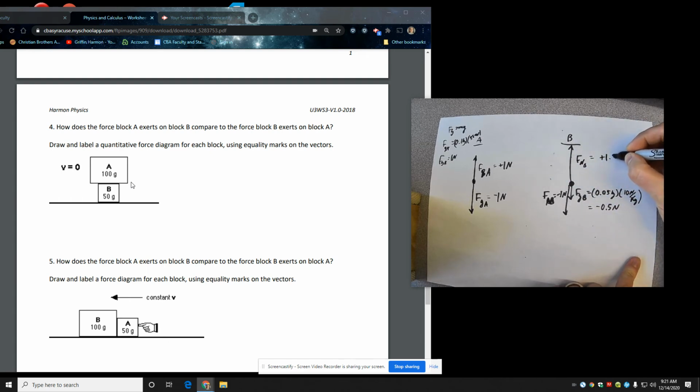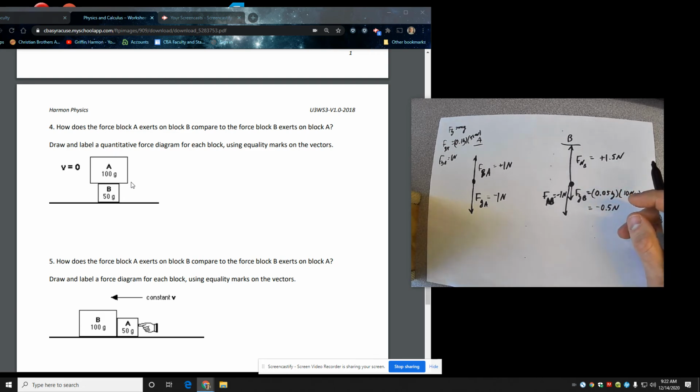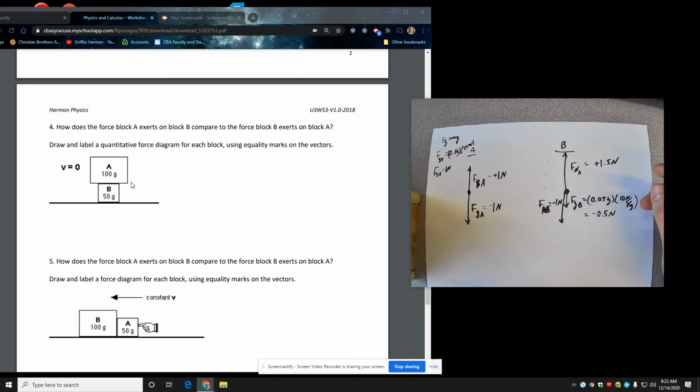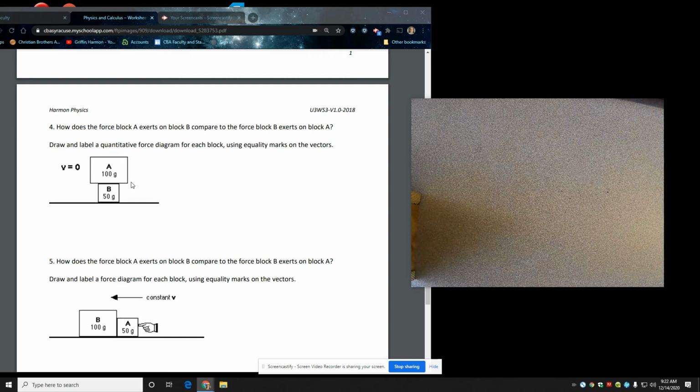It's going to be plus 1.5 newtons. All right? Very cool. This is balancing forces, balancing force diagrams. Pretty straightforward stuff, but first time you're kind of seeing it. I'm shortening the wording down. All right, let's move on to the next